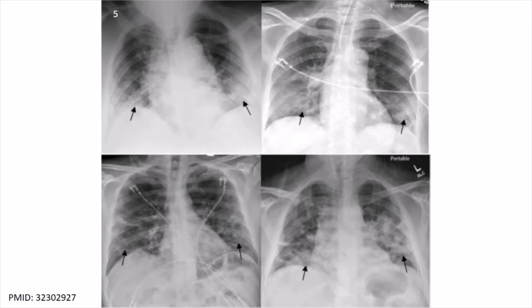Identifying multifocal airspace disease on chest radiography can be a significant clue to COVID-19 pneumonia. Early COVID-19 investigators have noted that the airspace disease tends to have a lower lung distribution and is most frequently bilateral. In Figure 5, patients with varying degrees of COVID-19 pneumonia predominantly involve the lower lung zones, black arrows, bilaterally